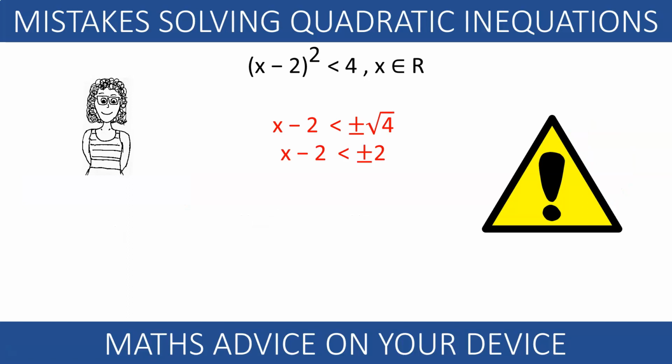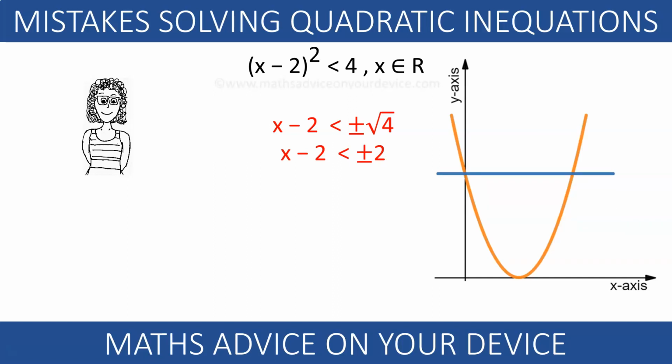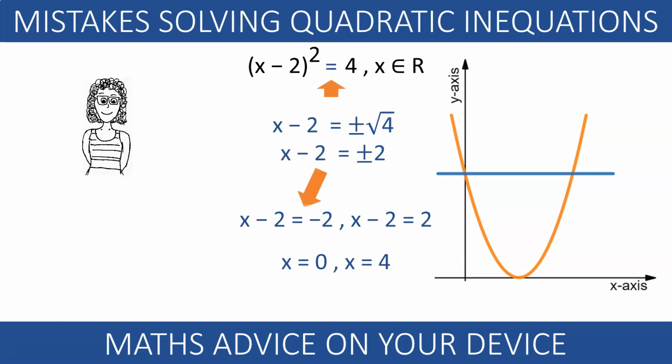Maria went wrong when she took the square roots of 4 as plus and minus 2. Don't get me wrong, I know that the square roots of 4 are positive and negative too, but the mistake comes when dealing with the sign. To avoid this pitfall, we simply solve the quadratic equation. This will lead to the same two values of x, which are correct, 0 and 4.